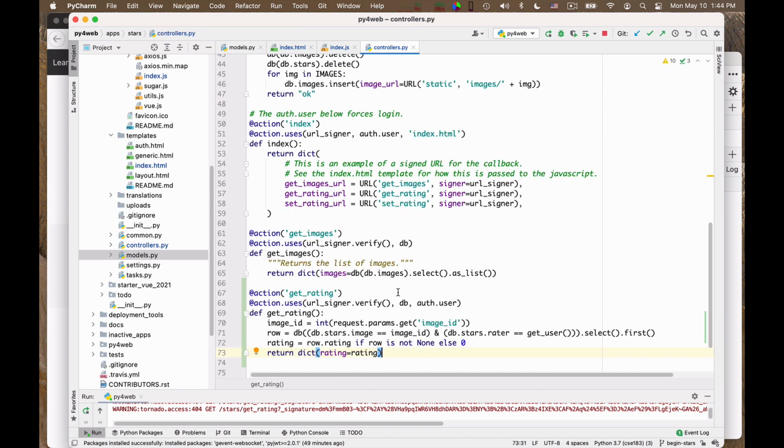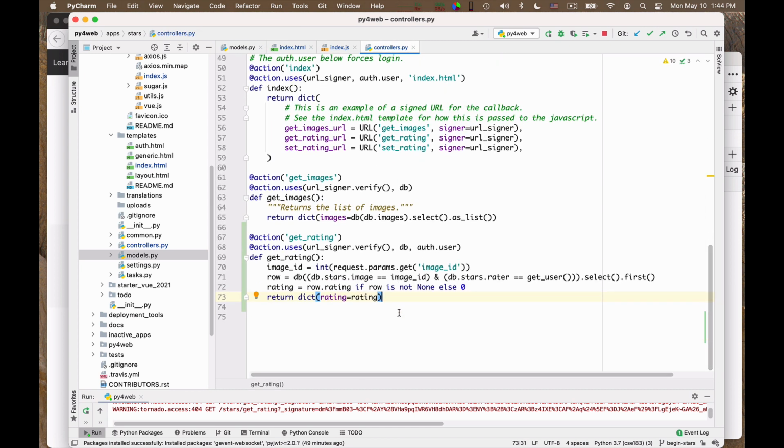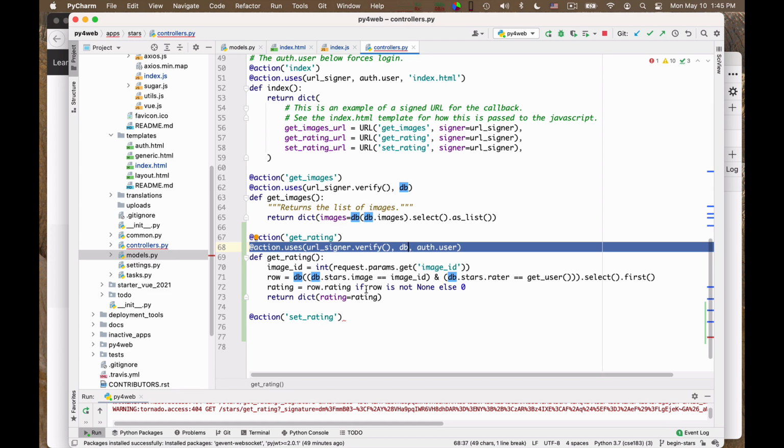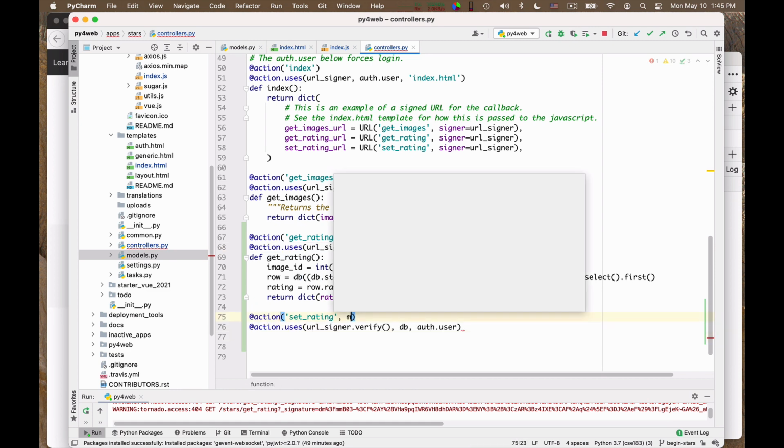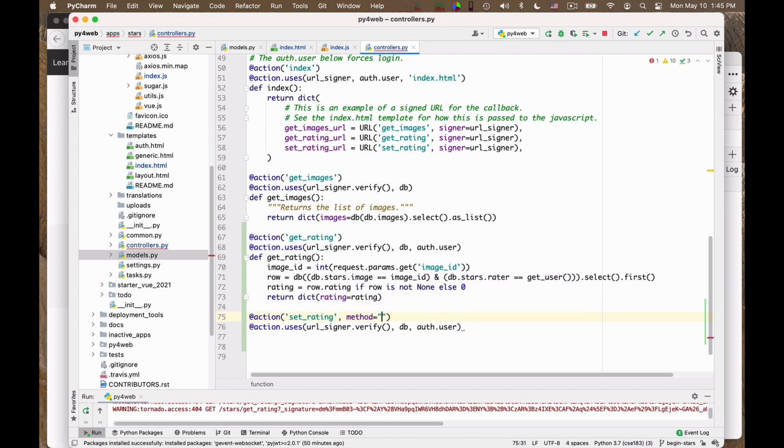So if we go to implement it, we go to the controller and we say action set rating. Action uses the same as before, actually. So here I need to say also that the method is gonna be post. Okay, def set rating.